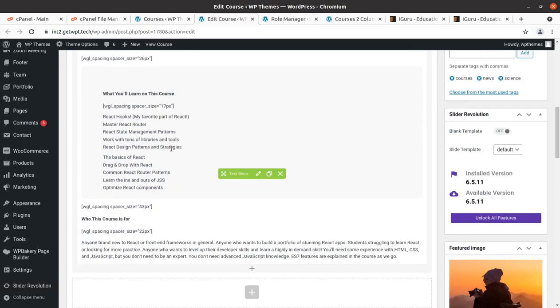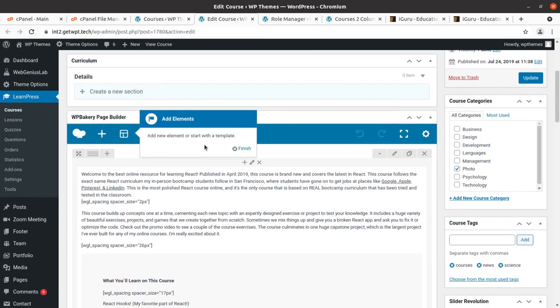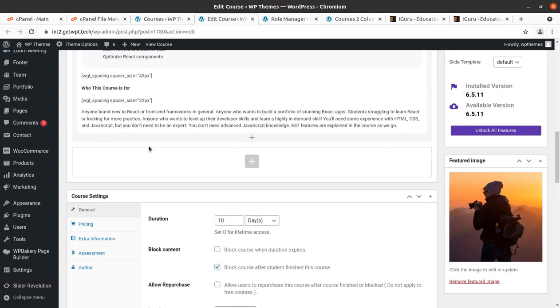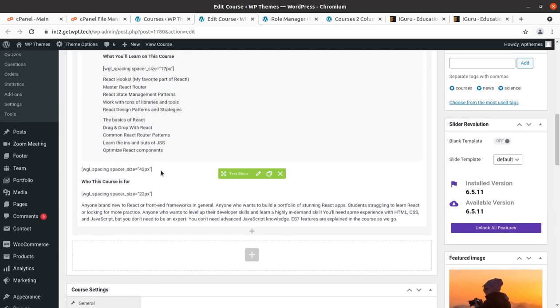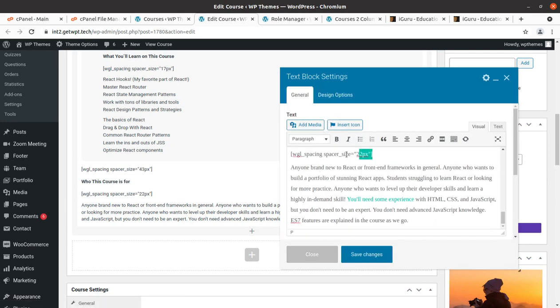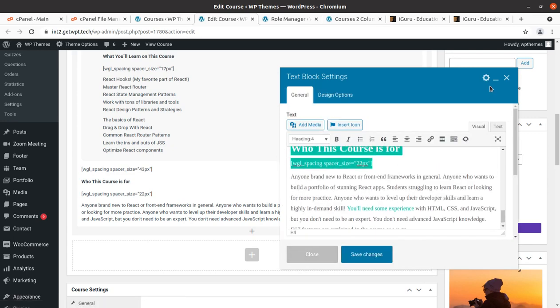And just in case you want to edit with the page builder, you can enable this. However, it is not required. I just told you the process of how you can enable this. The short code is used for the course listing, and you can use the short code style only.